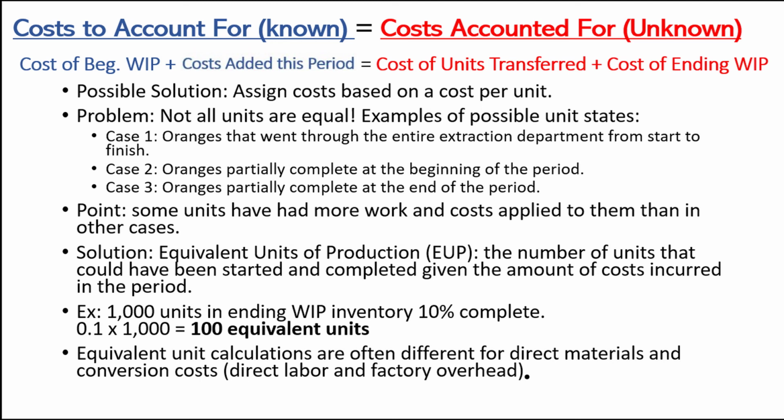There are a few more details as to exactly how to calculate the total equivalent units of production and how the calculation differs for the two primary process costing methods, weighted average and FIFO, but we will focus on those details in the next two videos. For now, just remember that not all units are treated equally, because some units are further along in the production process than others, and the equivalent units of production calculation helps us to adjust for those differences.